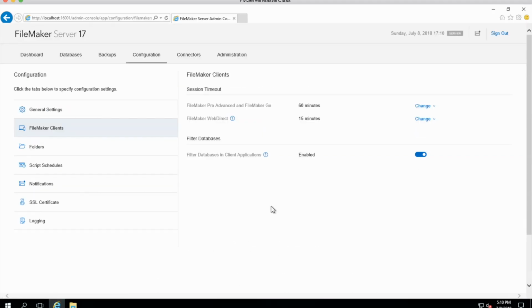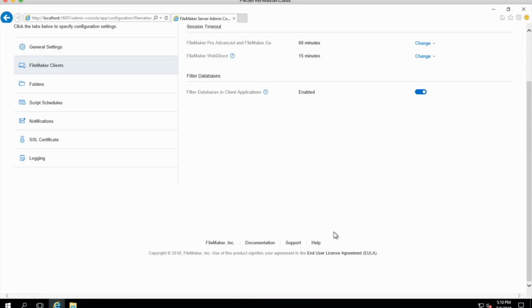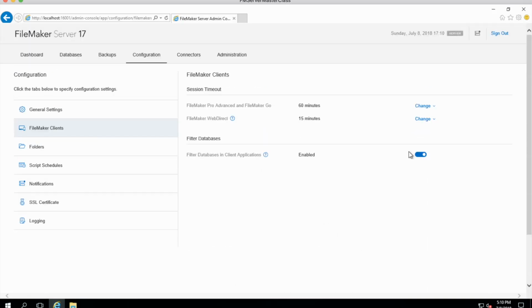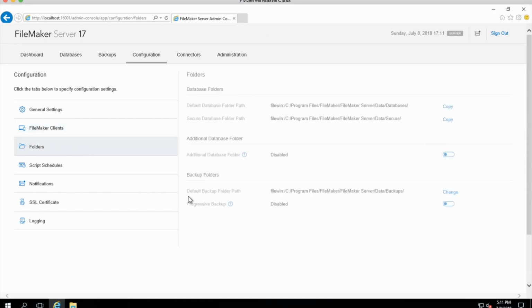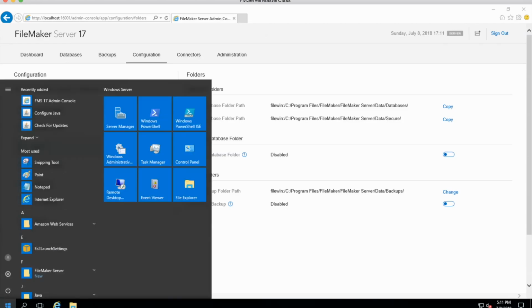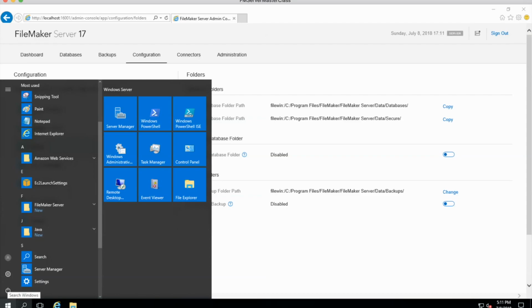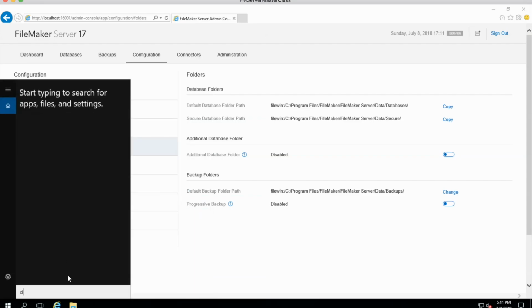Now you'll notice that in the FileMaker 17 admin console, since it's built on Node, every action saves automatically, so you don't have a save button anymore in the admin console, so you can just go directly to the next one. Now you'll see that the default file paths are in here, including the default file path for the backup files. Now remember, we set up that 160 gig backup, so we're going to have to actually go and set that up. So let's search for the disk